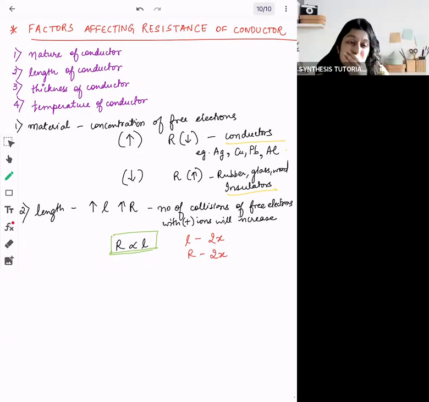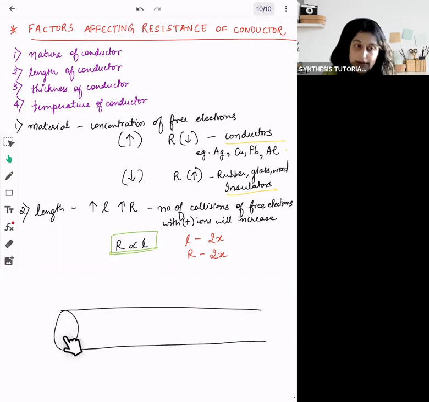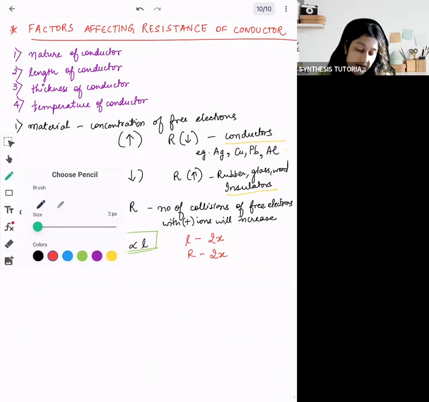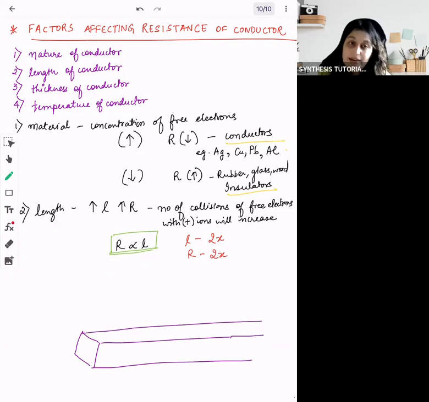ओके, नाउ थिकनेस बेसिकली मींस अगर मैं वायर को माइक्रोस्कोपिक व्यू में लूं तो ये मेरा वायर है, ठीक है. तो जब मैं थिकनेस की बात करती हूँ, ये तो उसका लेंथ हो गया, राइट. जब थिकनेस की बात कर रही हूँ तो मैं इसकी बात कर रही हूँ, ठीक है. अब मैंने सिलिंड्रिकल वायर है, तो ये जो है वो क्या हो जाता है मेरा थिकनेस, विच इज द एरिया ऑफ दिस पर्टिकुलर सर्कल. इसीलिए हम उसको बोलते हैं एरिया ऑफ क्रॉस सेक्शन, क्योंकि अगर मैं यहाँ पे भी वायर को कट करूंगी तो वहां पे यही सर्कल आएगा विद द सेम काइंड ऑफ डायमेंशंस. ओके, सो थिकनेस को ही मैं, अगर मेरा कंडक्टर जनरली तो सिलिंड्रिकल ही होता है वायर, बट अगर मेरा कंडक्टर ऐसा क्यूबॉइडल है तो क्या हो जाएगा, या मैंने यहाँ पे एक स्क्वायर है एरिया ऑफ क्रॉस सेक्शन.